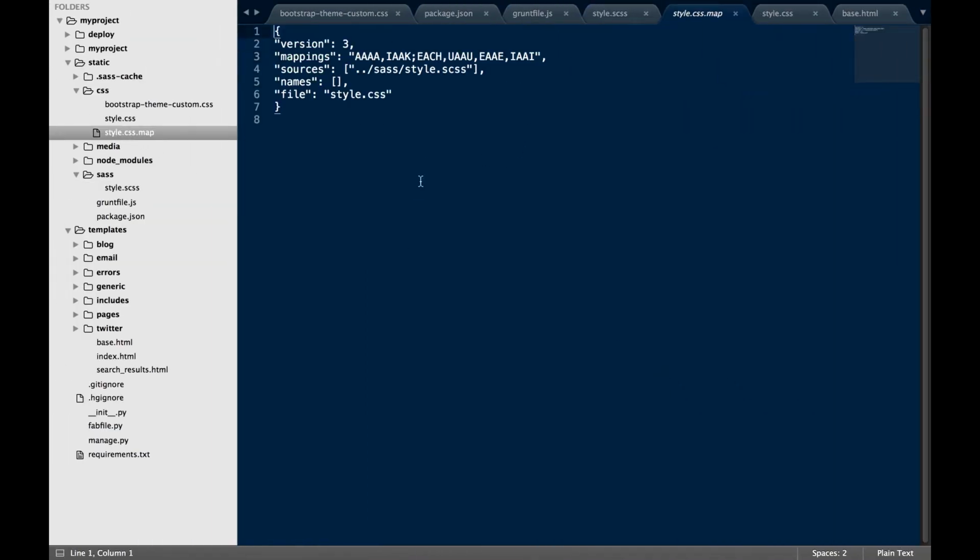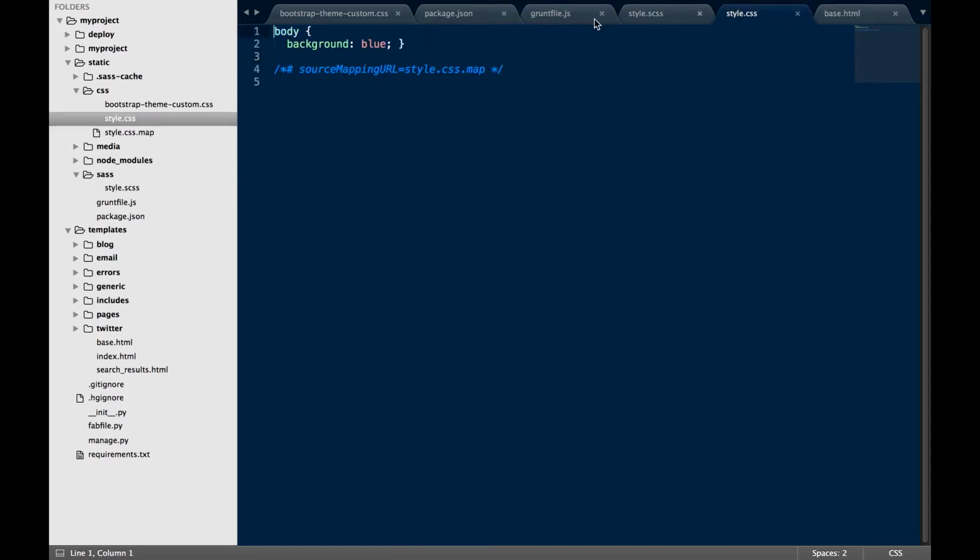What it has also done is it's generated a style.css.map file. And basically what this is doing is allowing us to map our CSS to our SCSS. And if we go to our style.css, it'll actually give us the route to our source map. So don't worry about this. This is completely valid. And this is really nice for debugging, so we can see even though we're only pulling in the CSS into our project, the source map will allow us to trace whatever issues we have